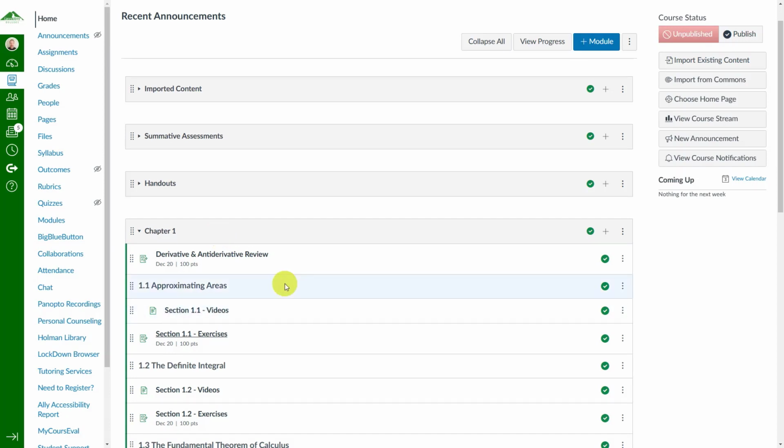I can press J, and then it goes to the next thing in my module. I can press I and increase the indent there. Press J. I don't want to increase the indent here, so I'm just pressing J again to go to the next one. And all these things that would take me several clicks to go into these ellipsis menus off to the side can be done with these shortcuts. If I increase my indent, I can press O to decrease my indent. I can do these things a little quicker with the appropriate keyboard shortcuts.